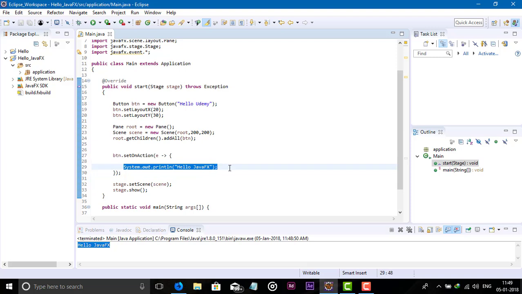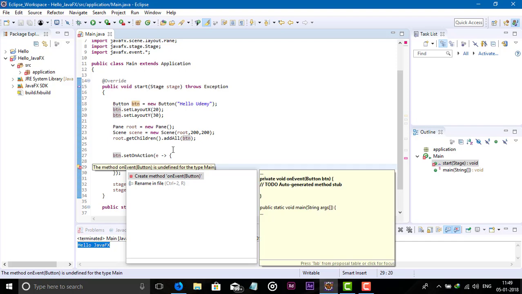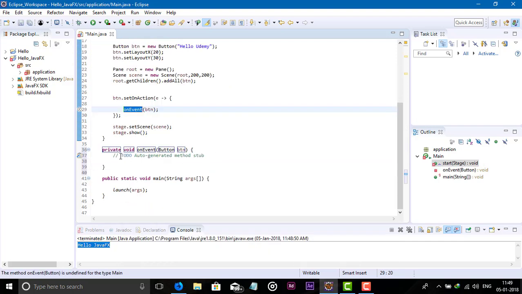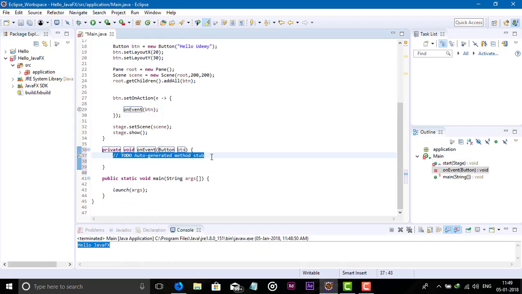You can create a new class like OnEvent, and only this, or we can pass the button object also. Create one user class, a user defined class, and pass the button.